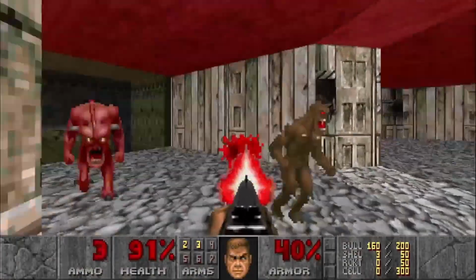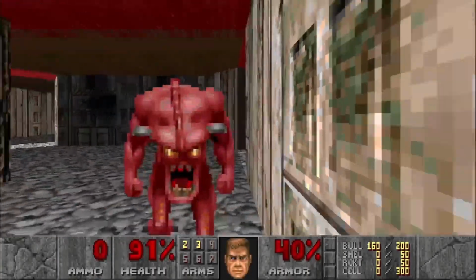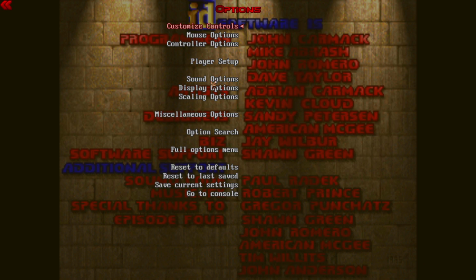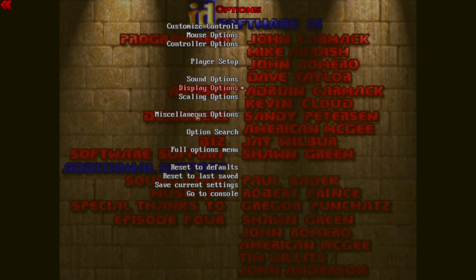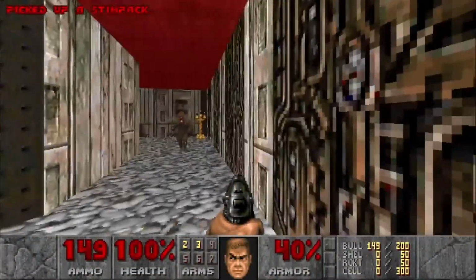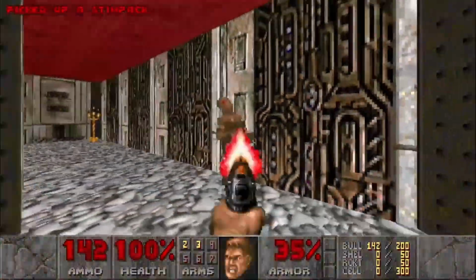Some prioritize authenticity of the original release, such as Chocolate Doom, while others specialize in graphical improvements and overall quality of life features, like GZDoom. Better customization for modern PC, graphical settings, resolution tweaks, on top of a whole bunch of other stuff. Oh yeah, by the way, we're going to be using GZDoom for this video. Not only is it very easy to set up, it also seems to be one of the most popular options available, so...